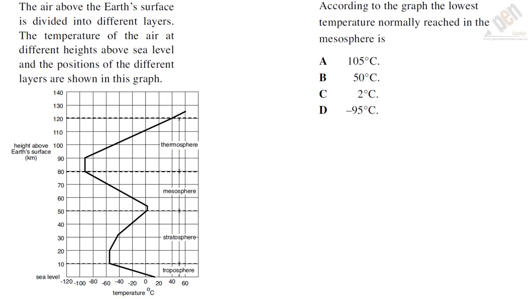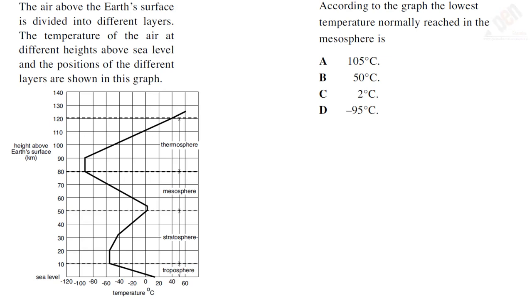The air above the Earth's surface is divided into different layers. The temperature of the air at different heights above sea level and the positions of the different layers are shown in this graph. According to the graph, the lowest temperature normally reached in the mesosphere is 105 degrees, 50 degrees, 2 degrees, or